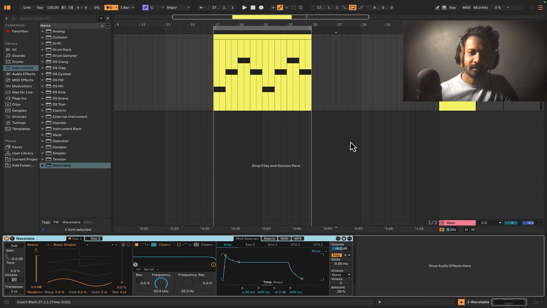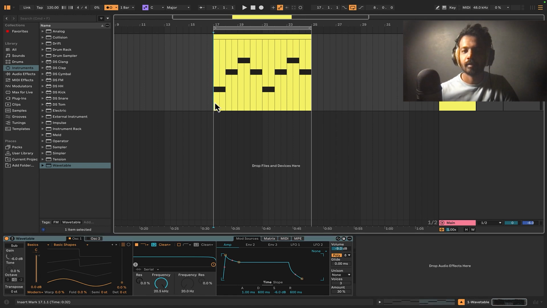Guys, now we're back on the second part of a wavetable. Today we'll be discussing the patches that you can make. So I have a wavetable here, and on that I have a basic MIDI note going on. It's just